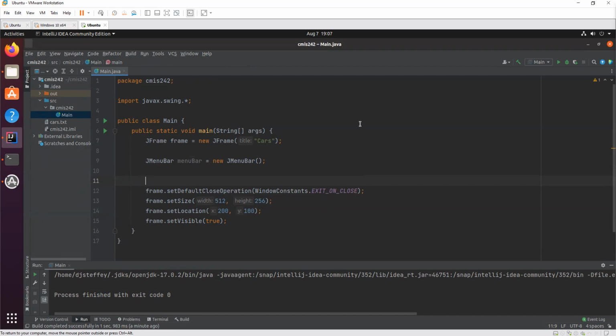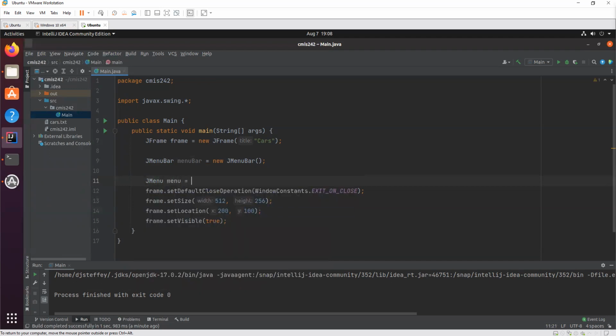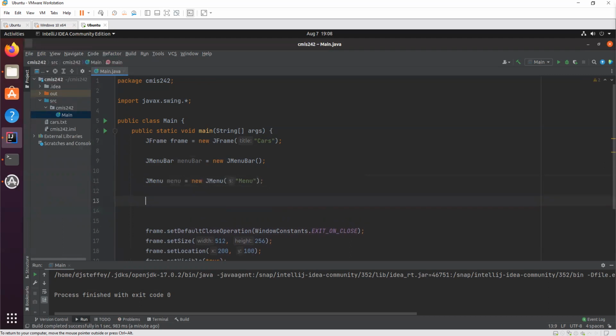But for our program, and just like in your homework assignment example, there's only one single item. We call it with a JMenu. And inside here, you put the text that you want that menu to be. And this will all make sense in a minute.